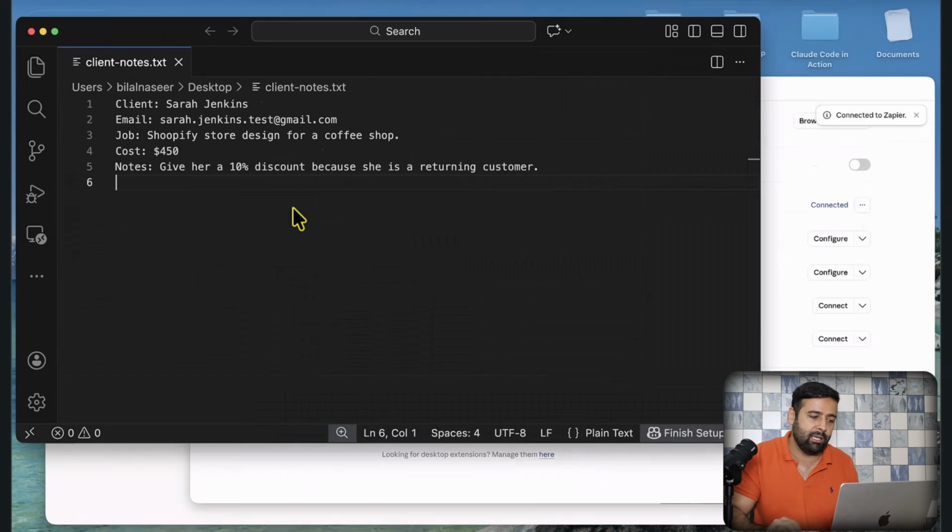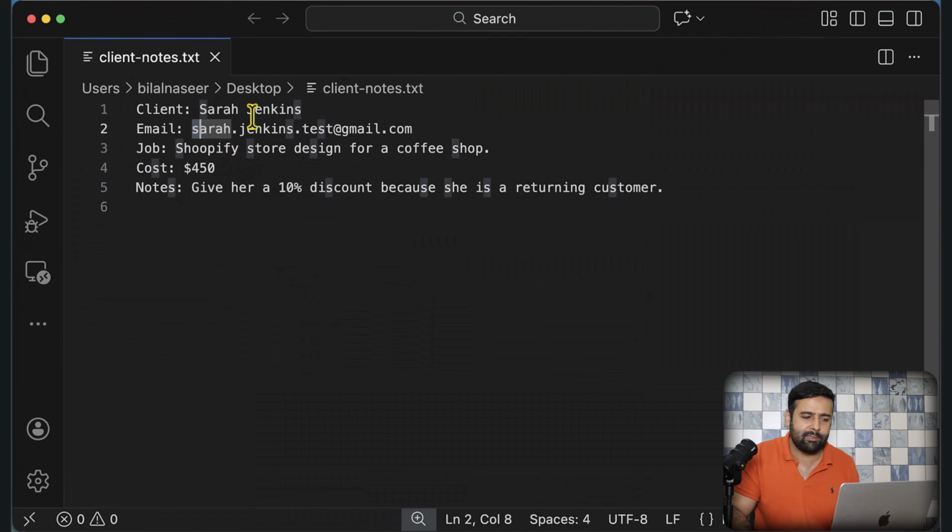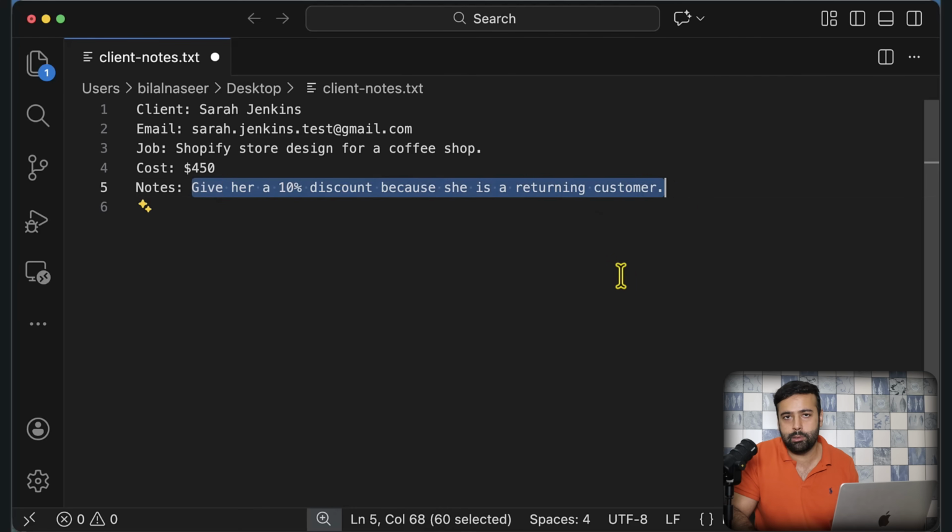So that's the client meeting notes. That's the dummy email just for the demonstration purposes, right? And that was a client which I talked a few days back, and we had a discussion regarding Shopify store design for a coffee shop, right? And I gave my client $450 cost. It was a basic store where I gave this code. So now I want to follow up with my client and give her a 10% discount because she is a